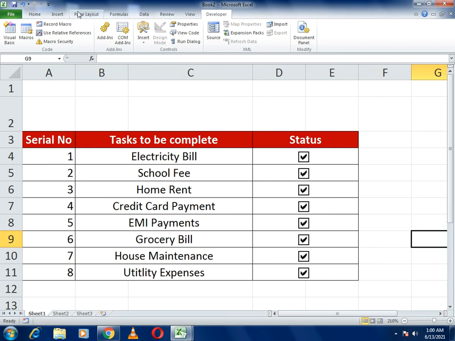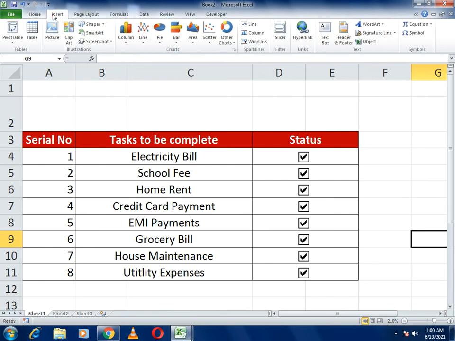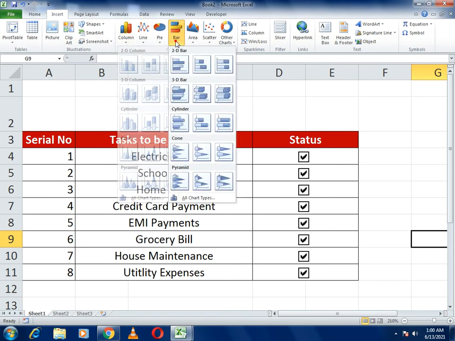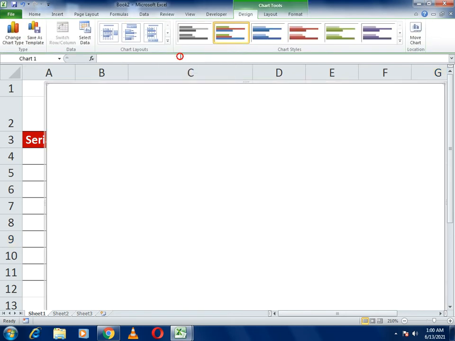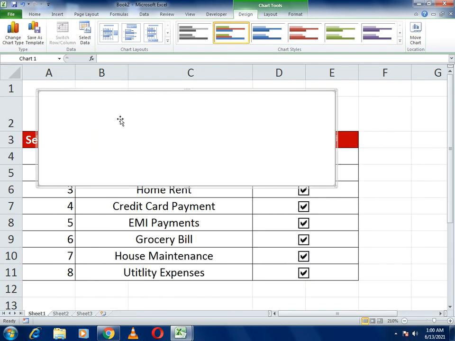Now what we have to do, we have to take our bar, and for getting the bar you have to go here, insert, and select the bar. So you can see here I already selected the bar. Now you just need to minimize here so that it will be more visible to us.